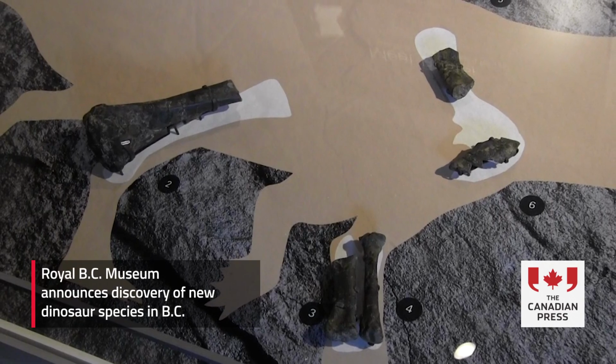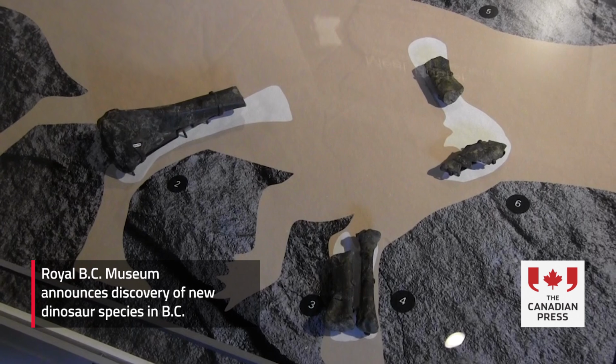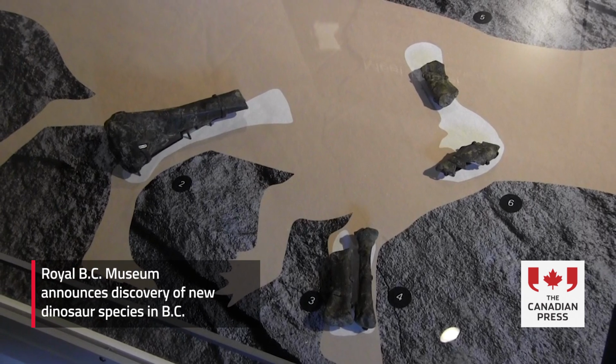We're standing in the Royal BC Museum's Pocket Gallery, which right now is featuring this brand new dinosaur, Ferrosaurus sustatensis. So I think it's really exciting. This is a unique dinosaur for British Columbia. It's our first unique dinosaur species found nowhere else in the world so far. And it really highlights that there's a lot of potential for even more dinosaur discoveries down the road if we